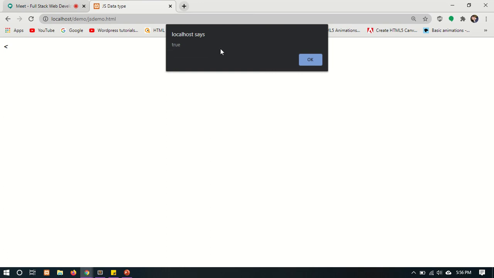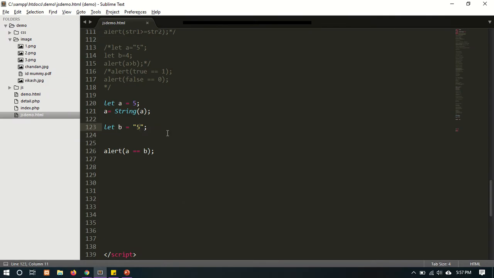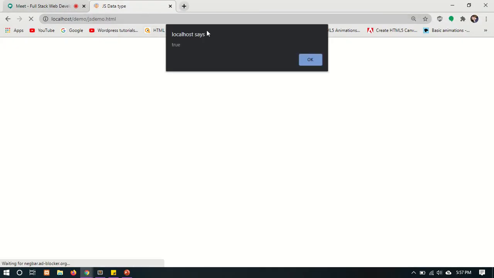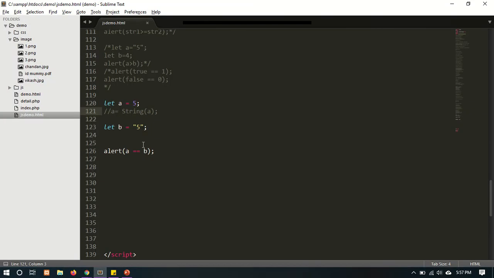So it returns true, means both are equal. अगर मैं यहाँ इसे convert ना करूँ, if I will not convert it, so it will return the true because here is also the value of 5 and the string 5 is same.